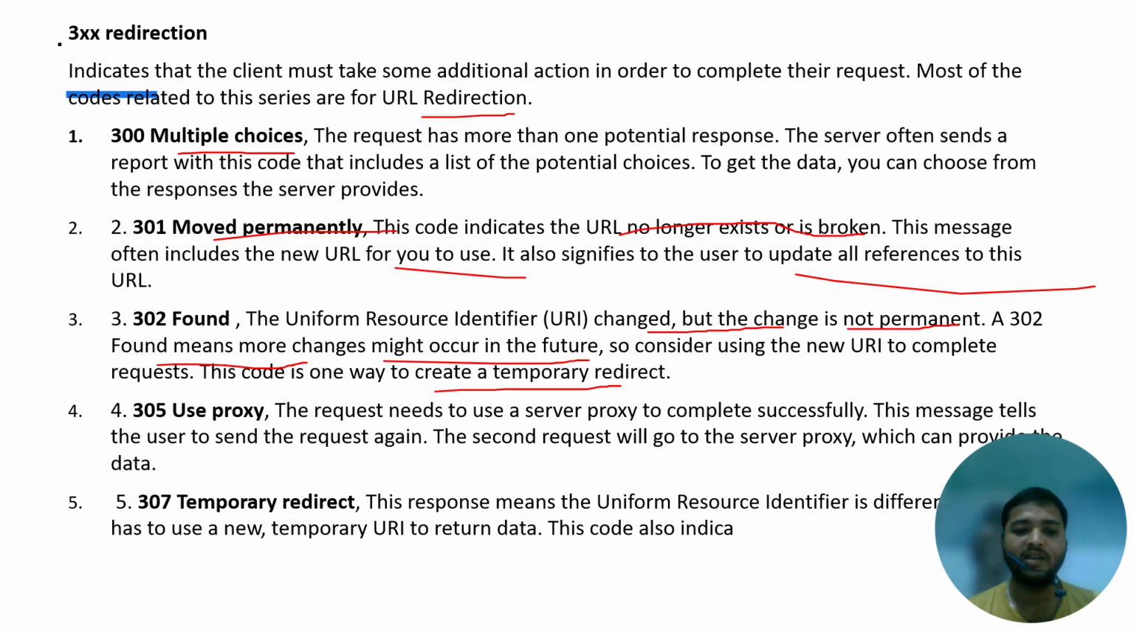305 use proxy. The request needs to use a proxy server to complete successfully. This means telling the user to send the request. The sent request will go to the proxy server, which can provide the data. 307 temporary redirect. This response means the uniform resource identifier is different and you have to use a new temporary URI to return data. This code also indicates